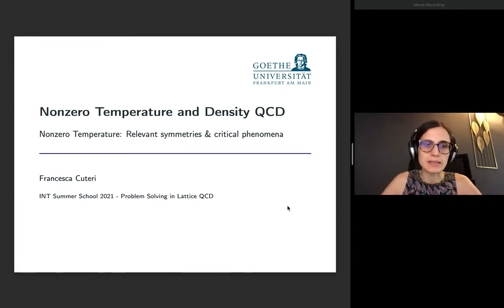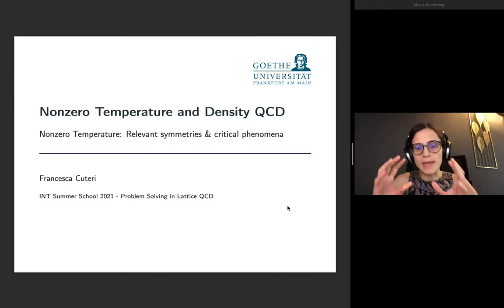and then we will move on to discuss the type of phases of Yang-Mills as well as full QCD matter in the two limits of very high and very low temperature. We will see and discuss how we can distinguish these phases based on global symmetries of the underlying theory, and this will lead us to the definition of observables that we can measure in our lattice simulations in order to make sure on which side of the phase boundary or transition that separates the different phases we are when we start our simulation with a given